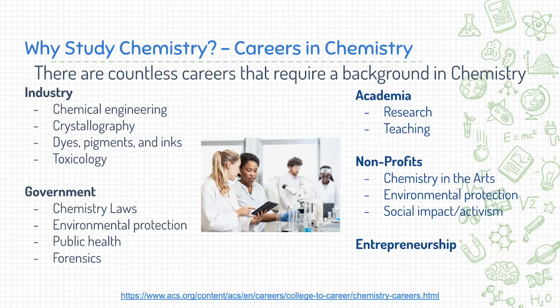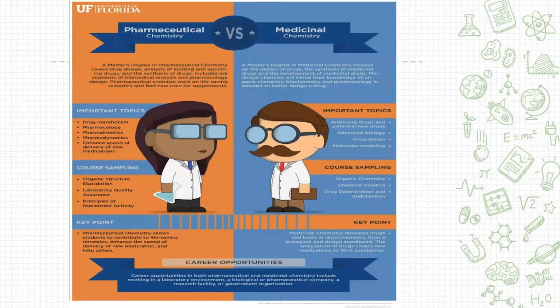Certainly there are countless careers that are available to you if you have a background in chemistry. A quick look at the ACS website groups them into careers in the industry or working for the government. Certainly jobs in academia like my own, and positions for nonprofits, or even just those in entrepreneurial pursuits. These things can be like toxicology or material science, or they can just be a foundation for further study. If you are interested in going into things like pharmaceuticals or medicine, having a background in chemistry can be a great aid to help you get started.